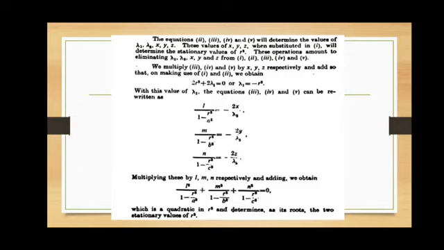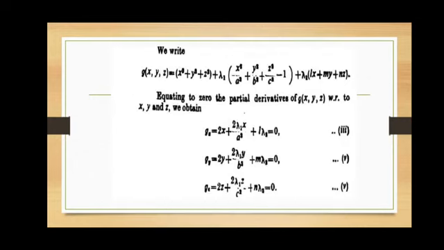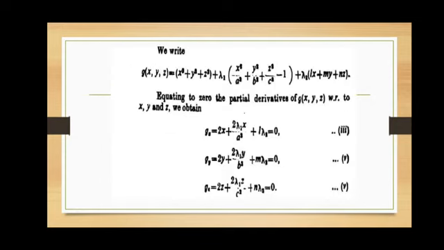If we simplify these equations, equation 2, equation 3, equation 4, equation 5. We know equation 2, the given conditions: x square by a square plus y square by b square plus z square by c square is equal to 1, and lx plus my plus nz is equal to 0. And also we use the third, fourth and fifth equations. We get the values of lambda 1, lambda 2, x, y and z.